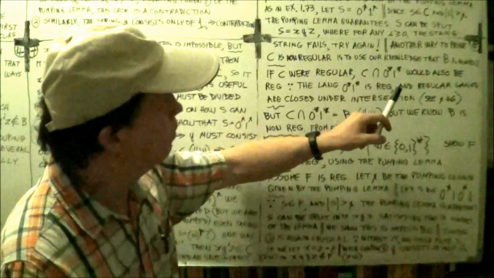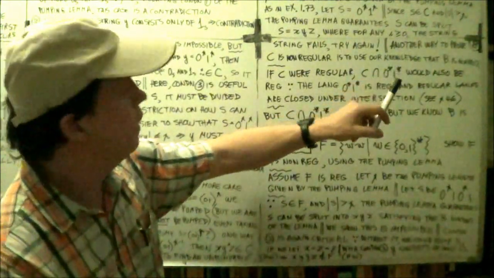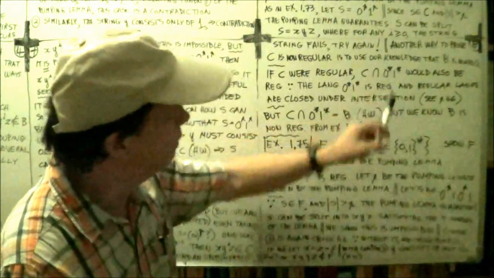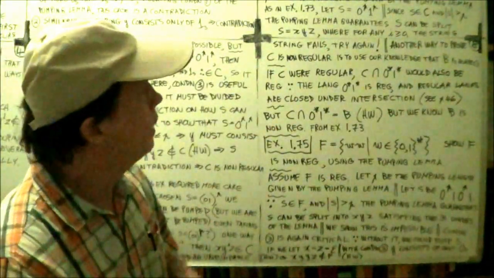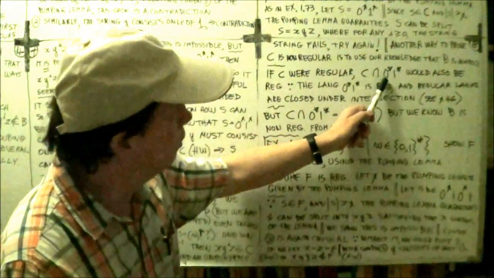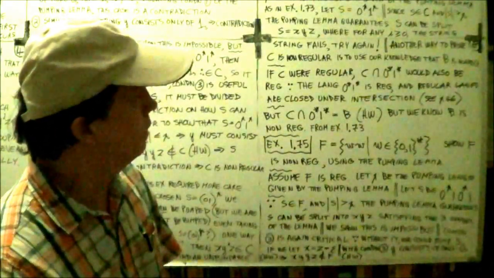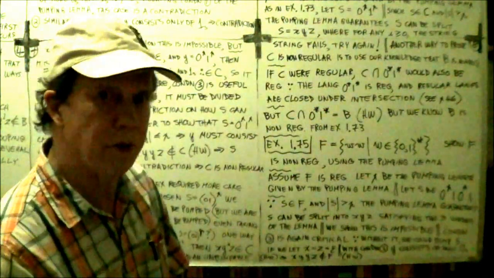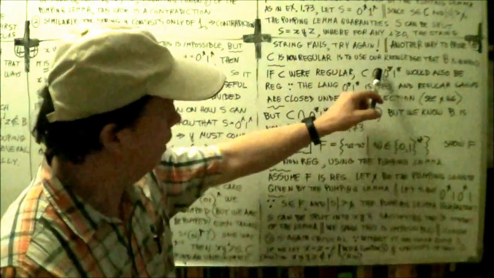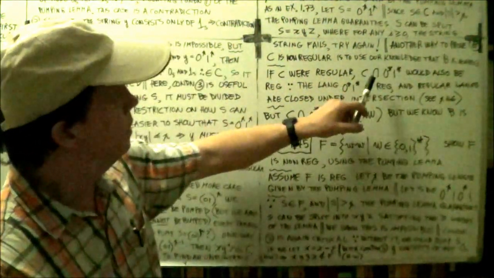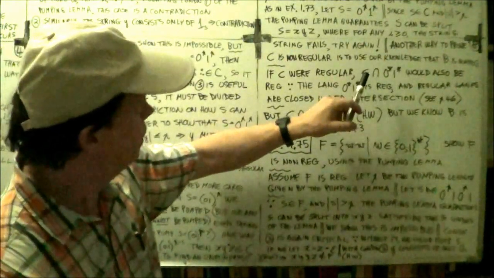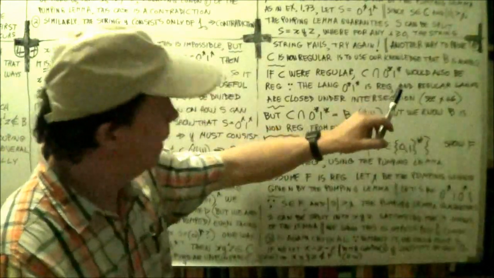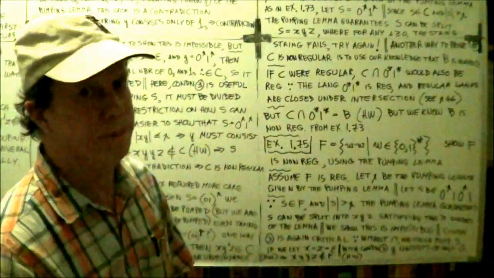So 0 star and 1 star are regular expressions, and then we concatenate them. The little circle here is missing, but it's implied. So if you concatenate a regular expression with a regular expression, you get another regular expression, which is shorthand for a language. Okay, so if you're assuming C is regular, and we know this is regular, so therefore